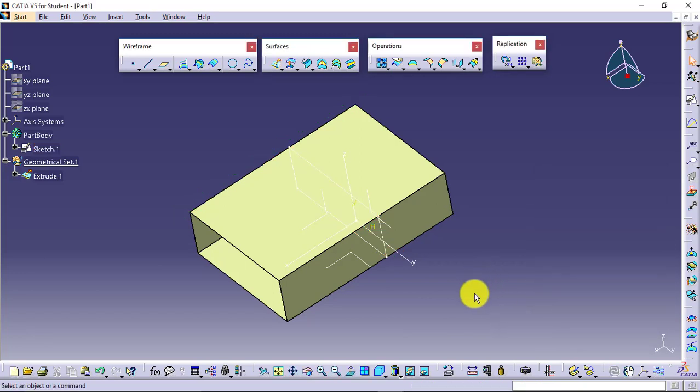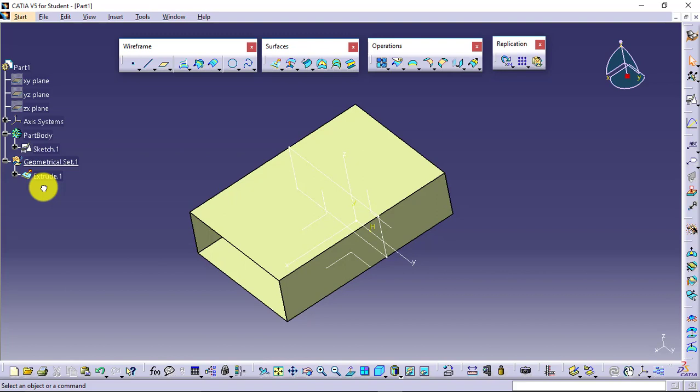Now if you have observed, when I had created a sketch, there was no such geometrical set available in the feature tree, but when I applied the extrude feature, automatically a geometrical set is created and the extrude feature by default goes into the geometrical set.